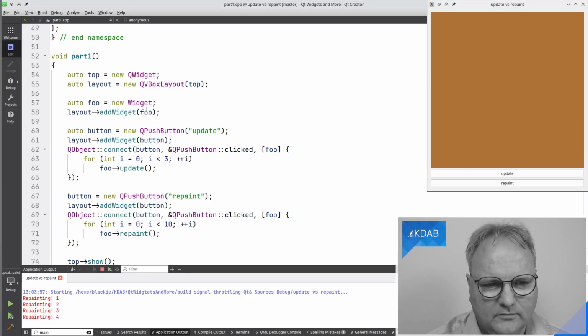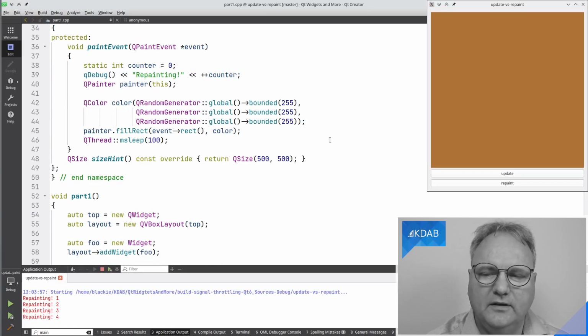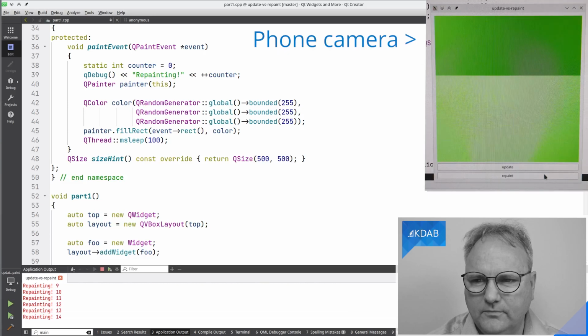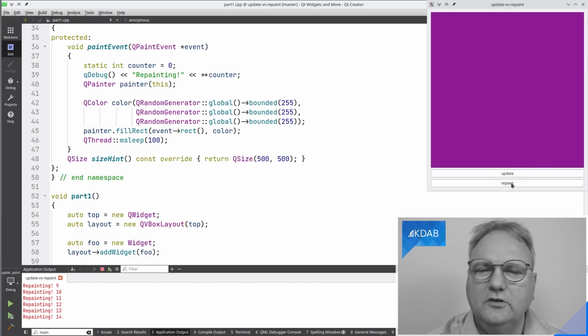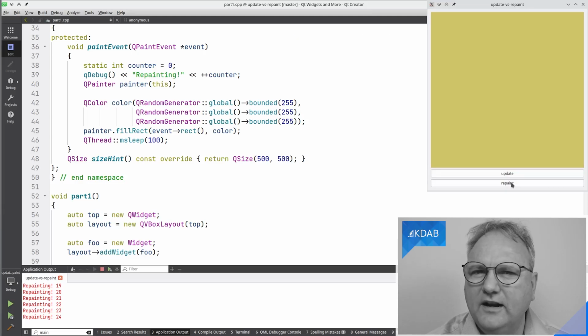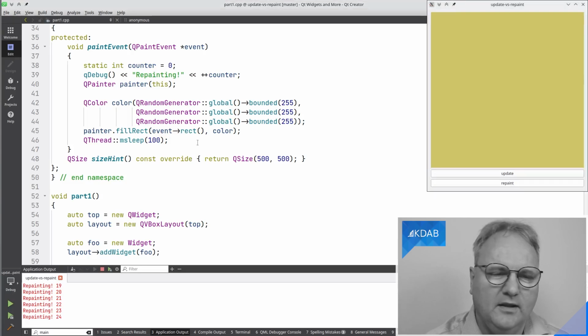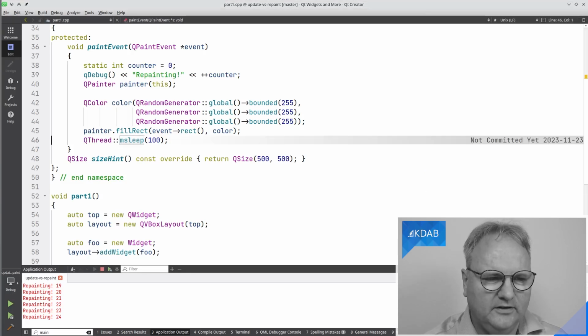So imagine again, I'm calling repaint 10 times, and in the repainting, I'm sleeping for 100 milliseconds. So it looks like this. Obviously, you saw that the color was changing 10 times. Not too surprising, but nevertheless. But what you also might have seen was that there were these tearing lines on the user interface, and that's because repaint really just says, let's get those pixels on the screen right now. And you think, hey, it's just those 100 milliseconds that is the issue.